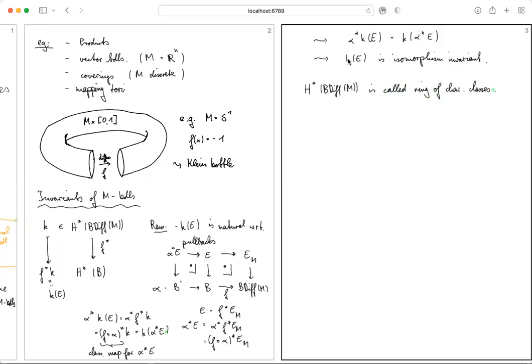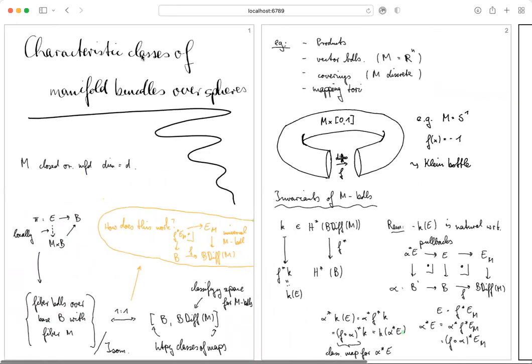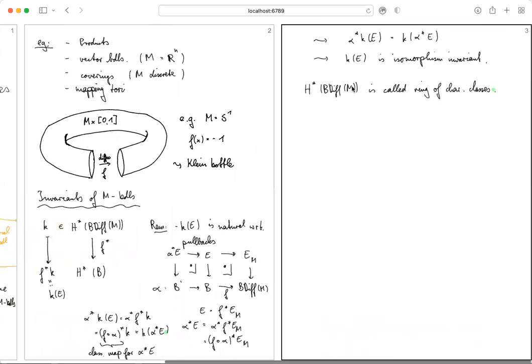Okay, so that's some set of invariants, and actually that's kind of nice because most of the words in the title already appeared in the talk. So I have talked about characteristic classes of manifold bundles, and I have this collection of all of them. So let's now get to spheres, and in order to do so, let's look at the ring of